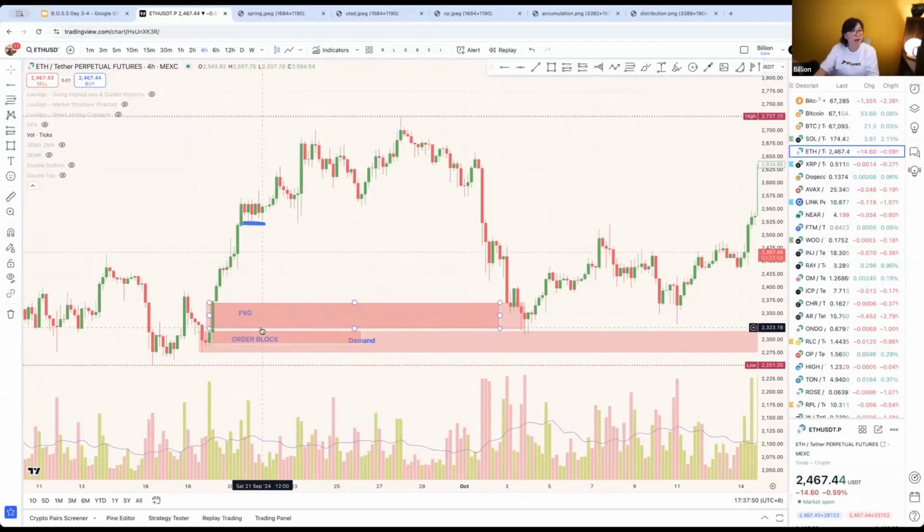So I hardly use order blocks. I'm not an order block person. I use order blocks to take my TP. I will draw the order block. I do all this because to me it just comes naturally, but I will use that as my TP point. Because I do very quick trades,